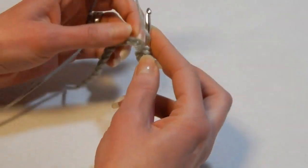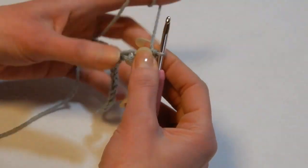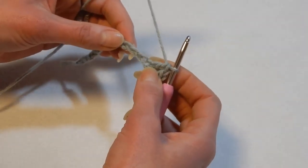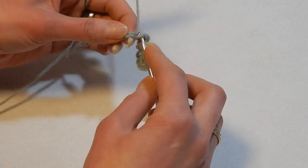Go back into the same chain and do the second double crochet, so you're going to have 2 double crochets and the chain 3 that we skipped. From now on until we reach the end, we're going to do like this. We skip the next 3 chains, 1, 2, 3, and in the 4th, we do a single crochet,